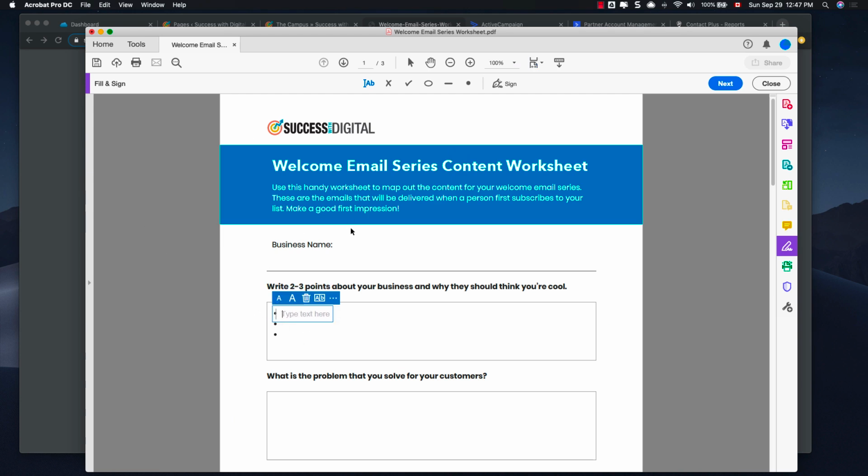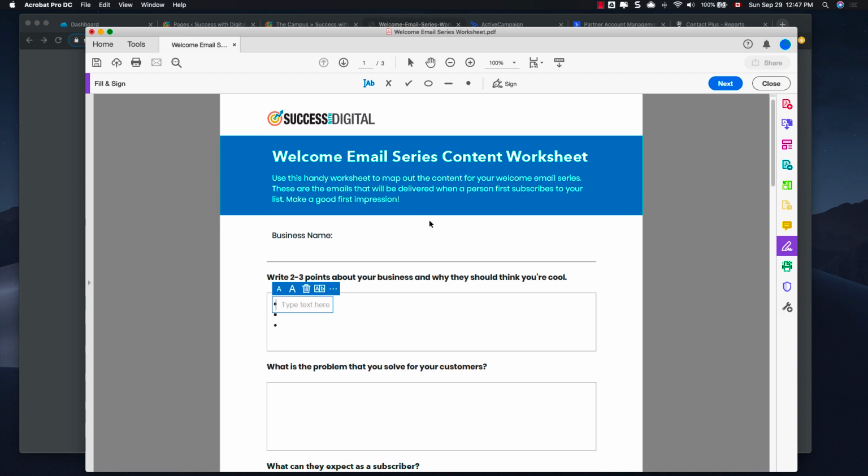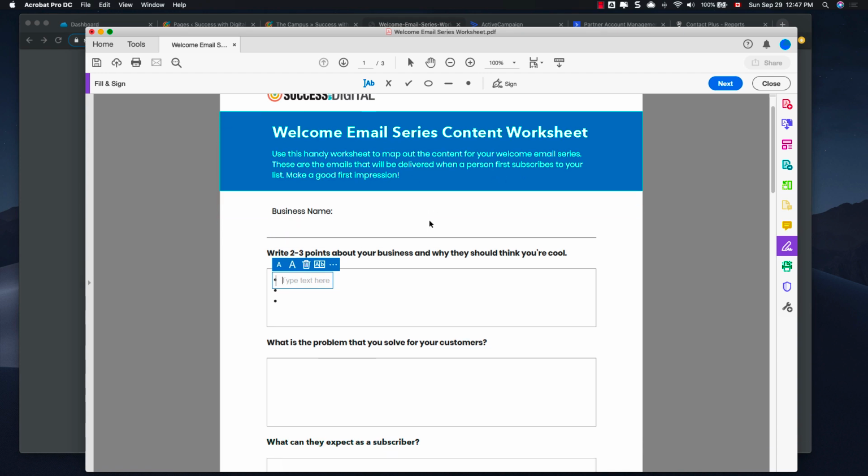So I will fill this out first, and it's really good to map out the content and get those ideas on paper before you really start writing, so that way you know the things that you want to talk about. So normally you'll start here, you can fill in your business name, and then write 2 to 3 points about your business and why they should think that you're cool. So this could be, you know,